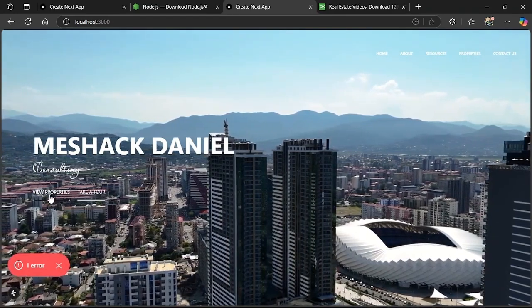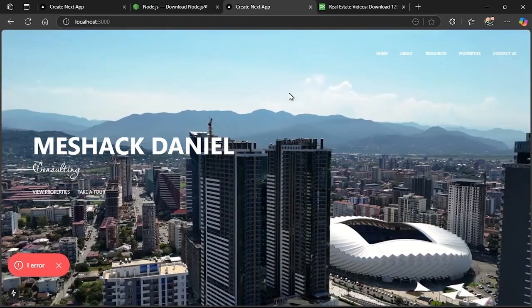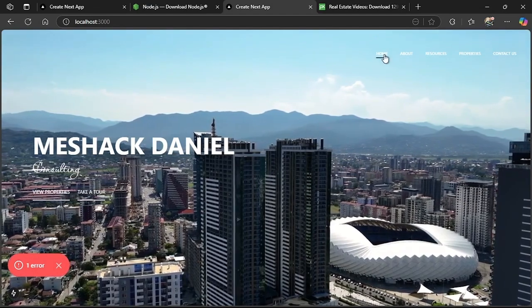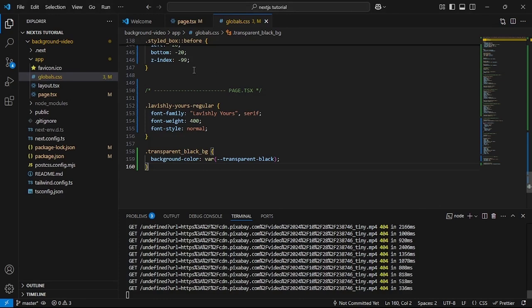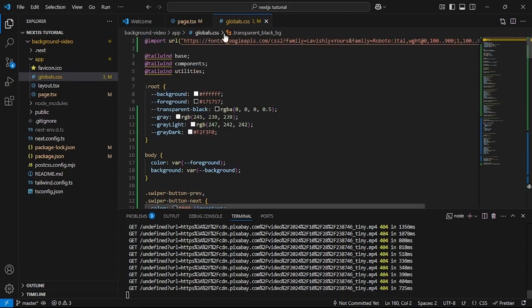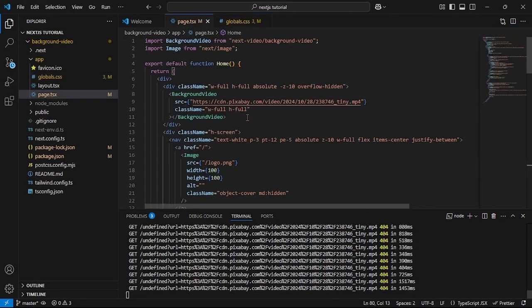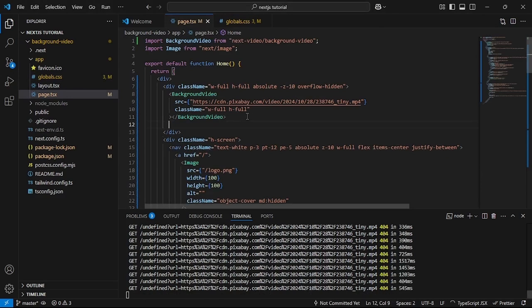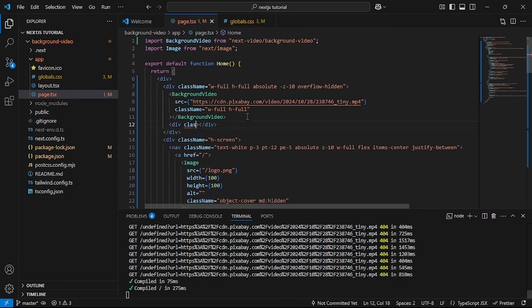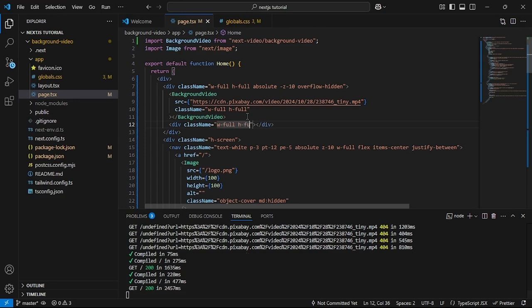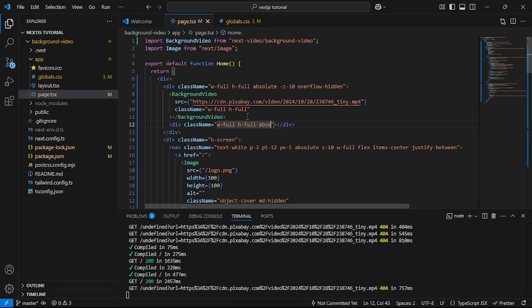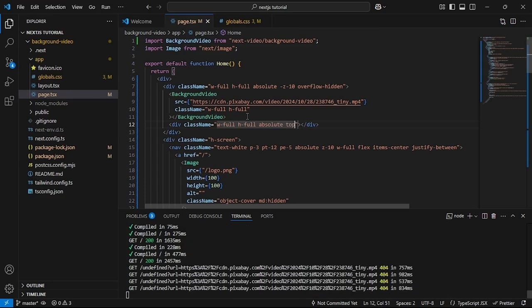But one problem we are having is the fact that the contrast is very low. As you can see, you can't even see the text very clearly, and we can fix that by just adding a simple div with a transparent background. Let's just add a div here. You can give it a class name of, let's say, width 4, height 4. We make it absolute, top 0,